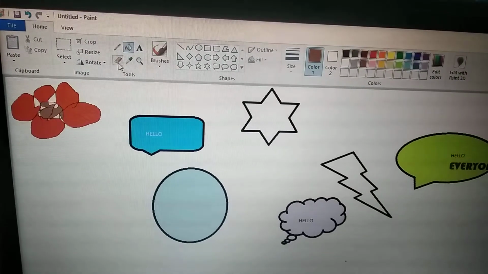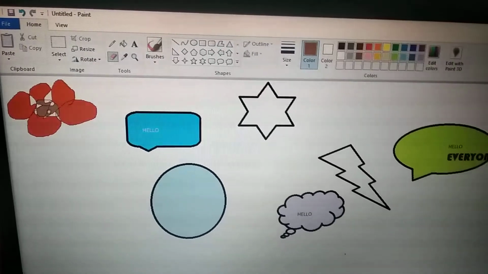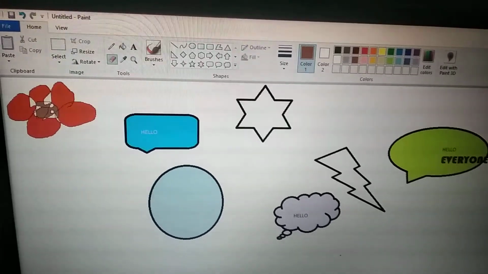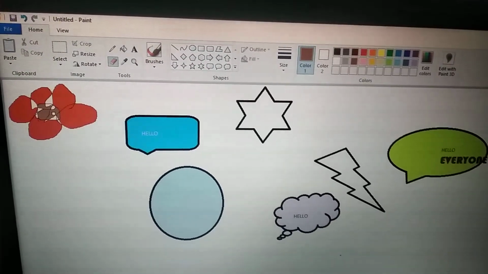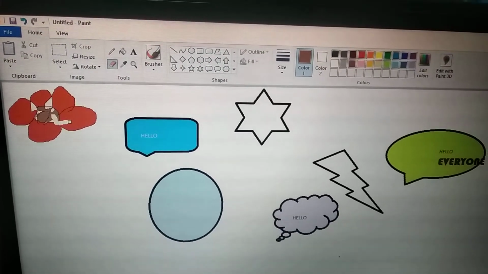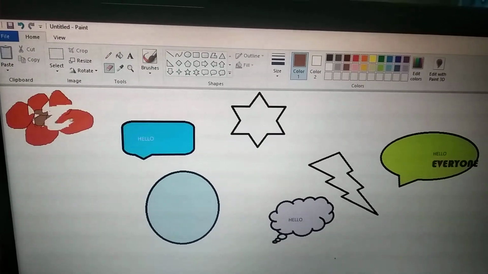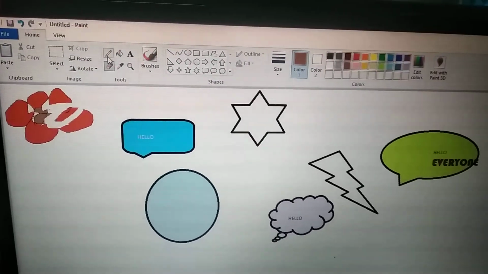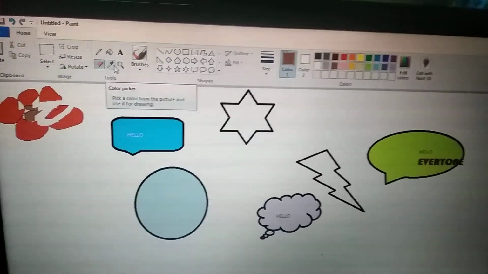Now next move to this eraser tool. This eraser tool means you can erase if you think that you have drawn it wrong. So click the left mouse button and then drag whatever you want to erase, then it will erase like this. Now next, this is called color picker tool.